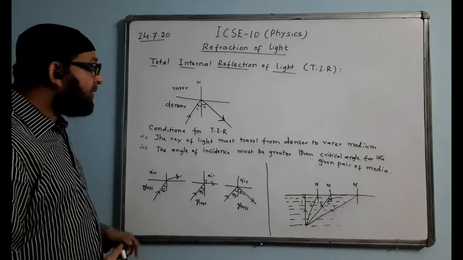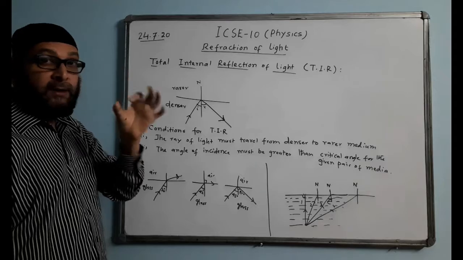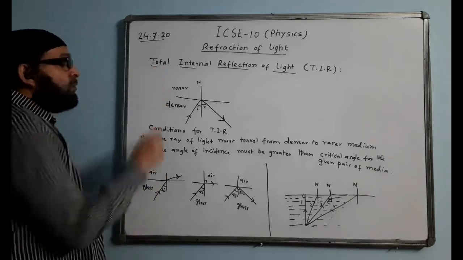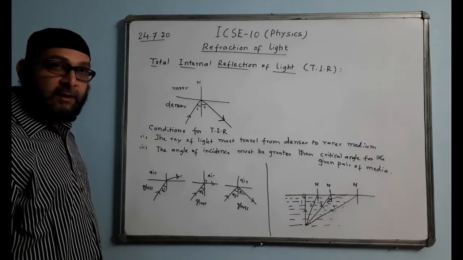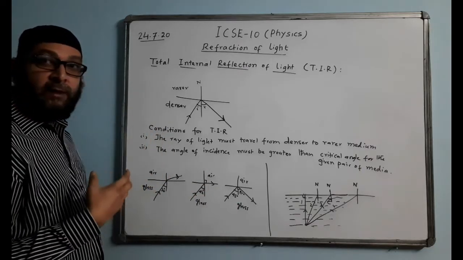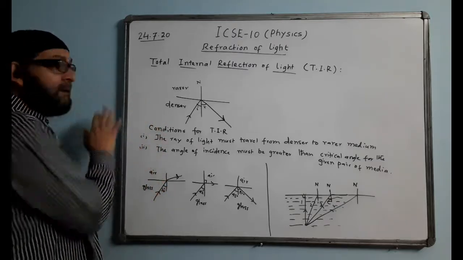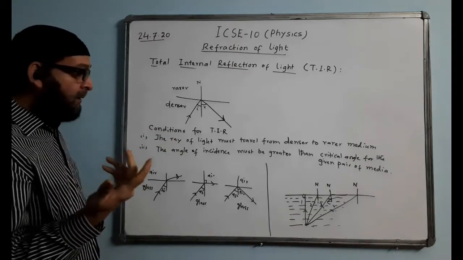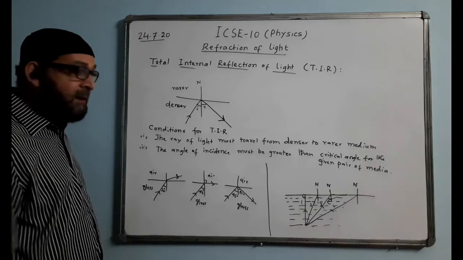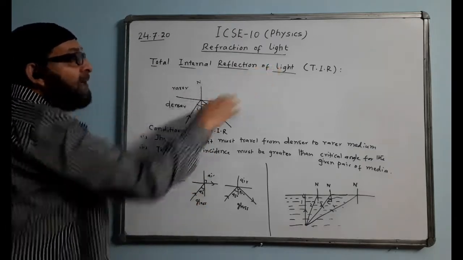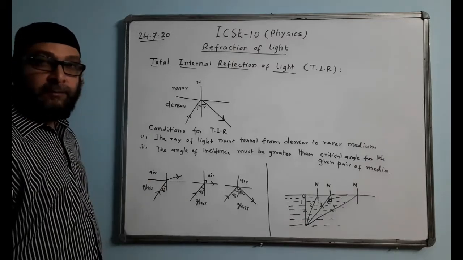Now the question arises, why is total internal reflection so called total? Why is the word total used? The word total is used because in such reflection, there will be no loss of energy. Loss of energy does not take place, which normally happens in ordinary reflection. Some part of the light will be absorbed by the surface which reflects the ray. So here there is no loss of energy, that's why it is called total internal reflection. That means the image formed by way of TIR will be brighter than the image formed by ordinary reflection.